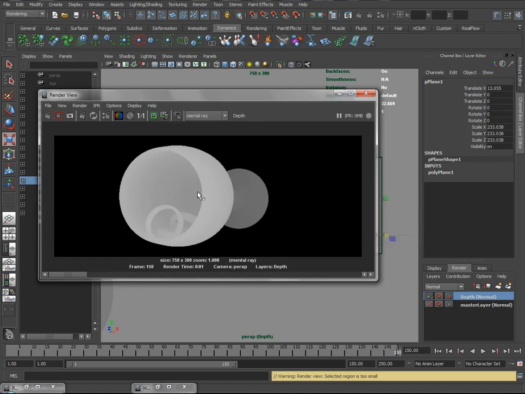depth layer here. Okay, I'll see you in the next part when you finish your rendering, and we'll be taking this to After Effects to clean it up a little bit, to do the post-processing and add the depth of